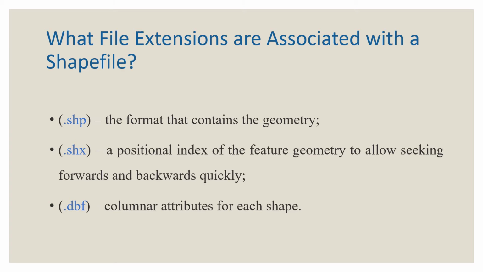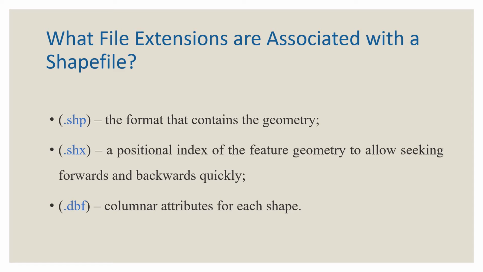It is a direct access, variable record length file in which each record describes a shape with a list of its vertices. And considering .shx, it is also a mandatory file. It is called an index file. In the index file, each record contains the offset of the corresponding main file record from the beginning of the main file. The index file contains a 100-byte header followed by 8-byte fixed length records.